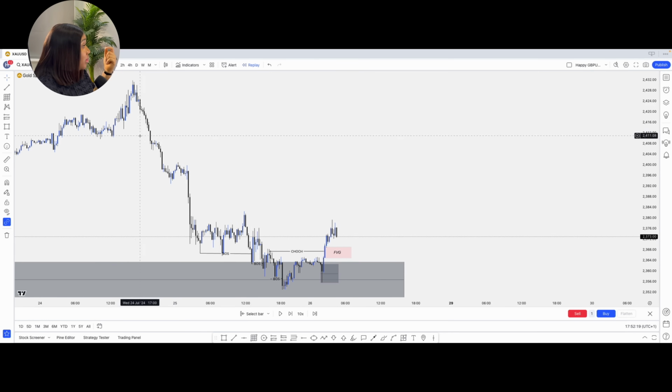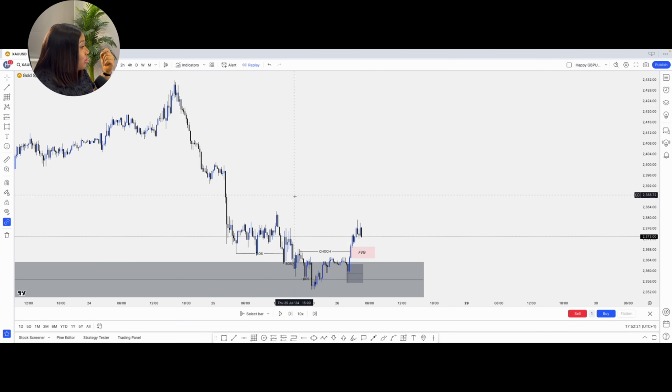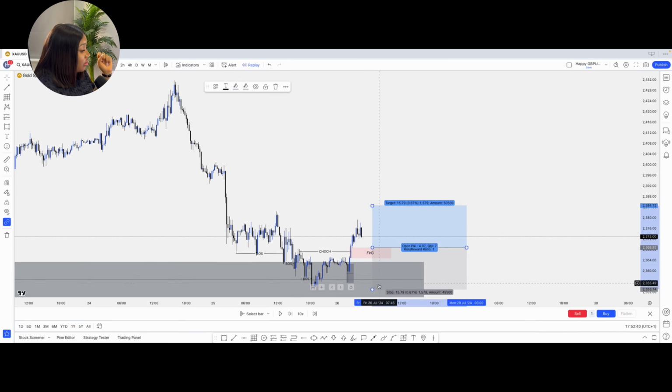So preferably, since we are looking at gold and how gold respects FVG, I'll be looking to take trades from this particular FVG. But if it decides to extend into this other block, I'll still take entries from there. But since it's gold, this FVG will be the first thing I'll be looking out for to see how price will react from there. So that will be the first level that I will place my trade